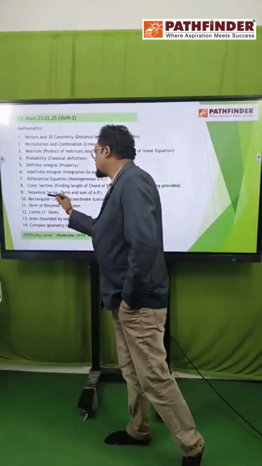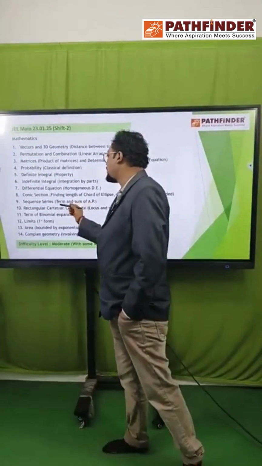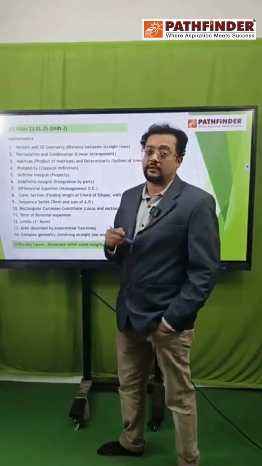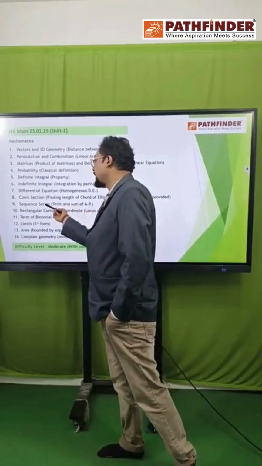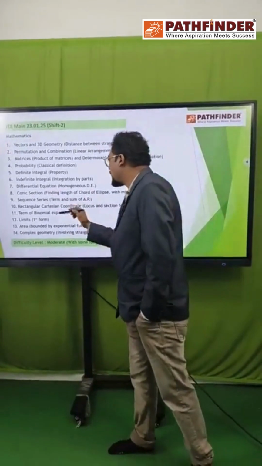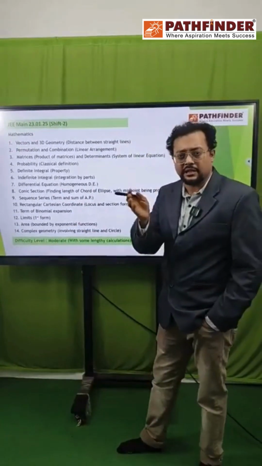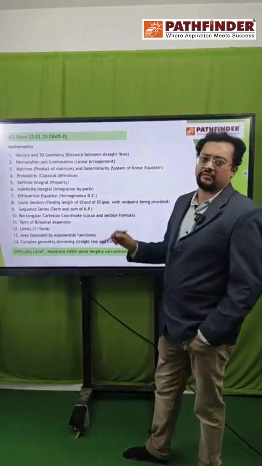Next, coming on to sequence and series, you can see that term of an AP and sum of an AP. In sequence and series, AP is again their most favorite. That's why they are resorting to term and sum of an AP. Rectangular Cartesian coordinate system, that means the first portion of straight line, its locus and section formula